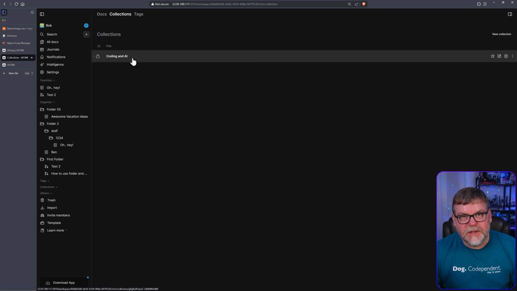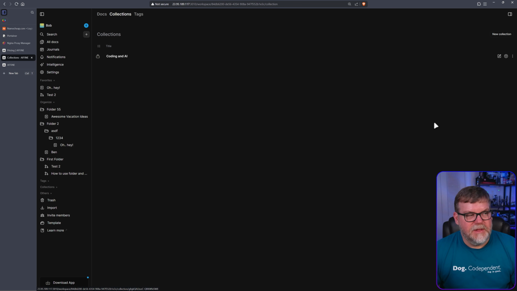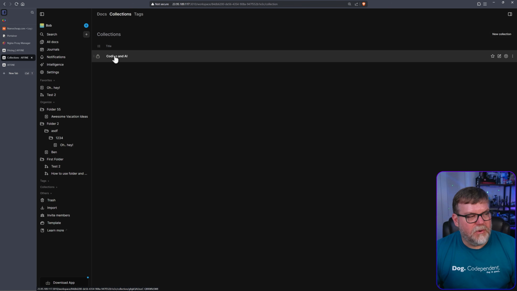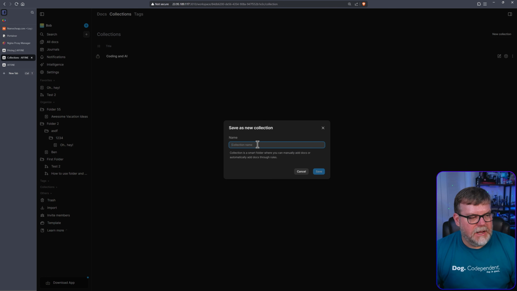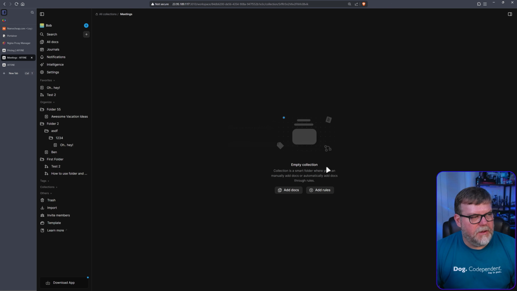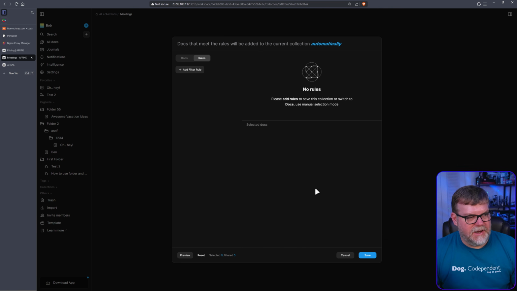This is really, really powerful and really cool stuff. This basically allows you to create dynamic folders that update based off of rules that you establish in the collection. I made one for coding and AI. Let's do another. I'm going to do a new collection, and I'm going to just say meetings. Create a folder called meetings, and now I want to add some rules. So what criteria does a note have to meet in order to be considered popped into this meetings collection? So if you click on add rules,